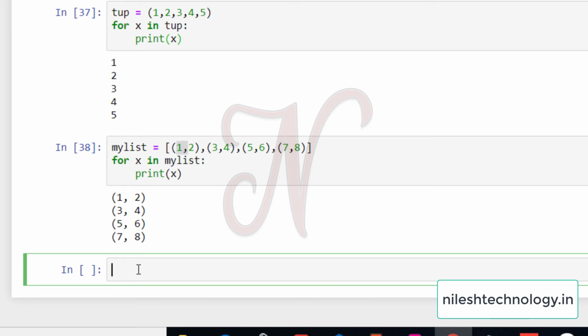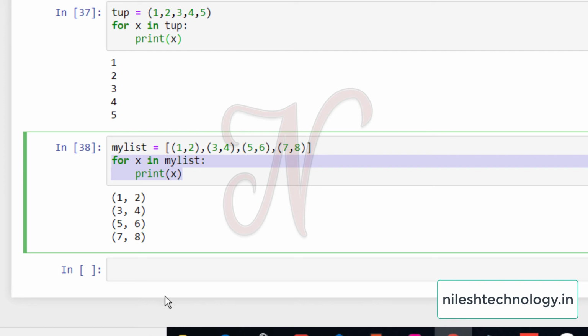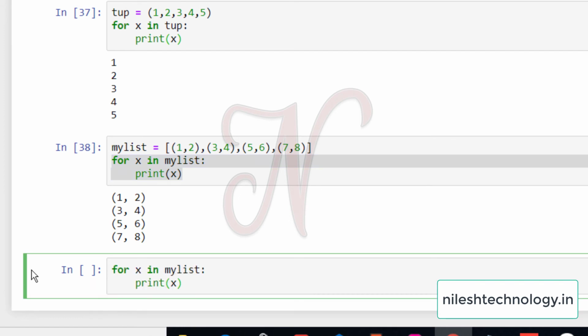Now if you try to print these values separately, meaning you have to print the 1, 2, 3, 4, 5, 6, 7, 8 separately, then see here how to print that. I can copy paste this code here.